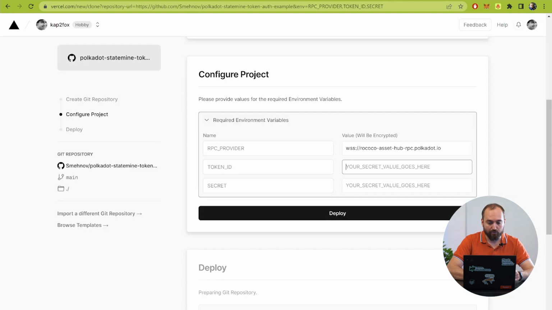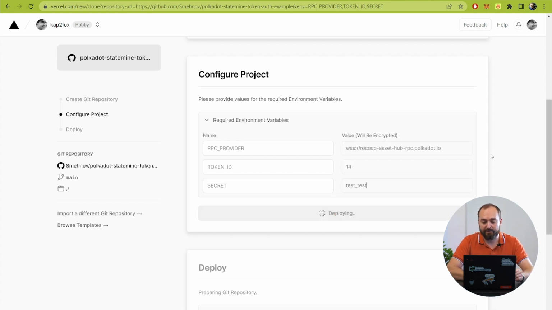That's what I need to put here, and some secret phrase that will be used for creation of the key pair to encrypt your message. It's just for the demo. You can type any you wish, or some phrase that makes sense. Okay, let's press deploy, and we need to wait until Vercel launches the server